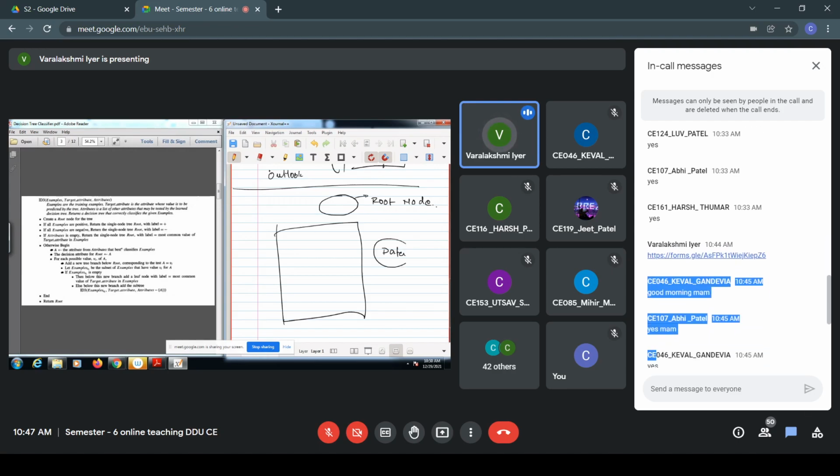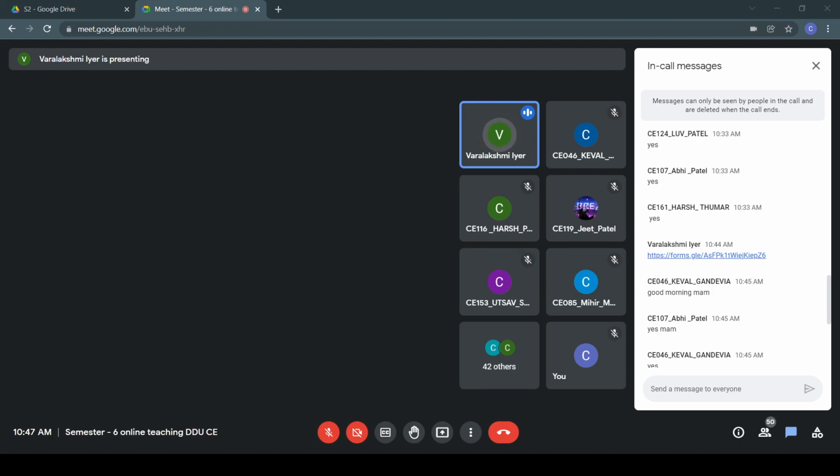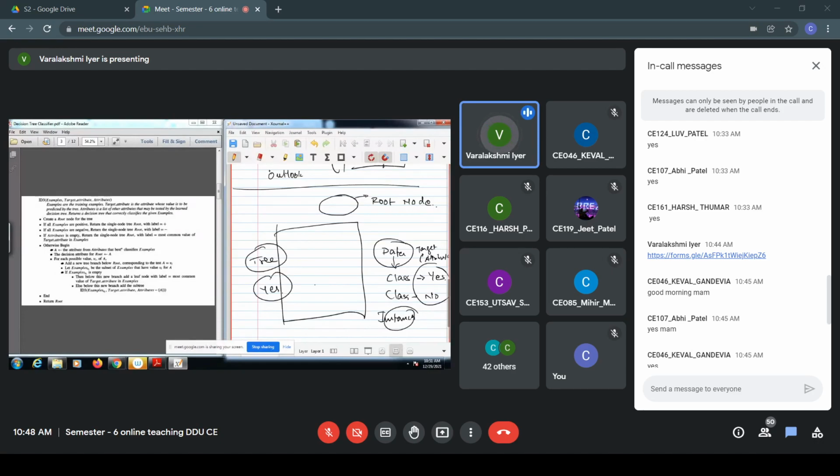So for example, if our entire data set is belonging to a single class, for example, all the data is being classified into yes class, or all the data is being classified into no class, means the target attribute is same for all the instances. If it has similar target attribute, then we have to create a single tree node with yes as the label, yes as the leaf node, or no as the leaf node. That is clear? Yes or no? Yes.